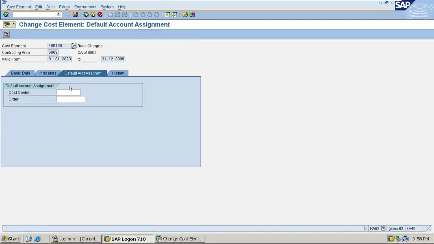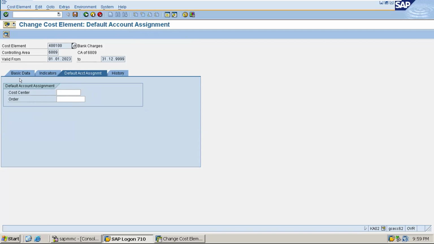But in S4 HANA, since all our primary and secondary cost elements are part of the GL account, this concept, the default account assignment at the cost element level, has been removed from S4 HANA.